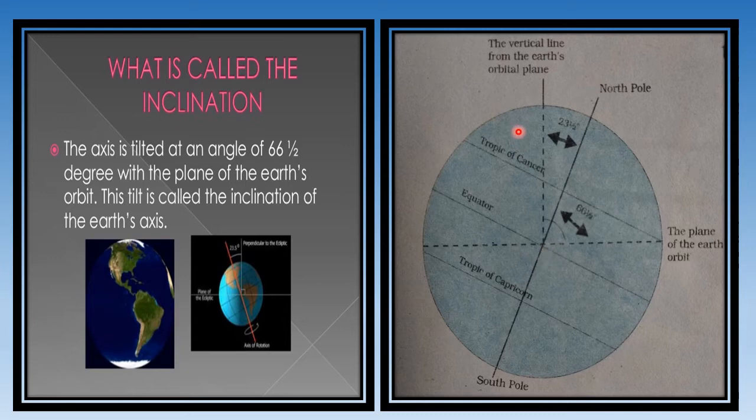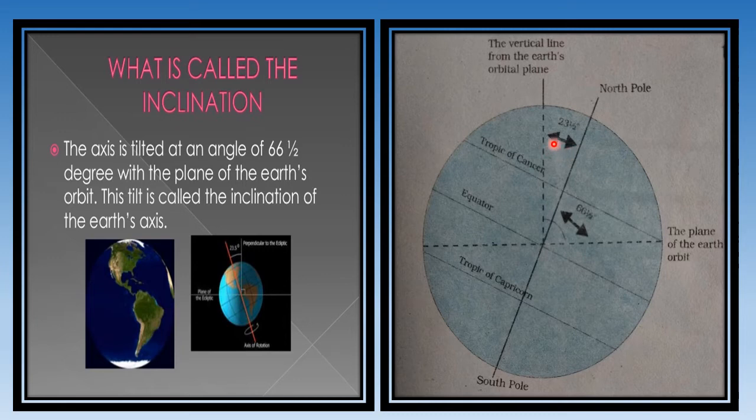If I draw a line here, this would be the line in the center, but our axis is this line because our earth is tilted. If I draw this circle, there would be a line here, but because our earth is tilted, this is our axis. This is the tilt of the earth, which is 23.5 degrees.